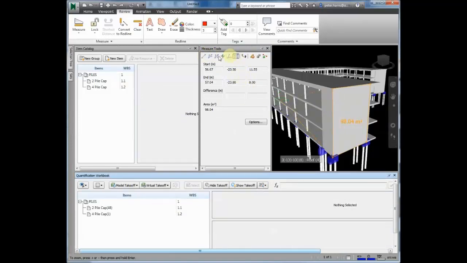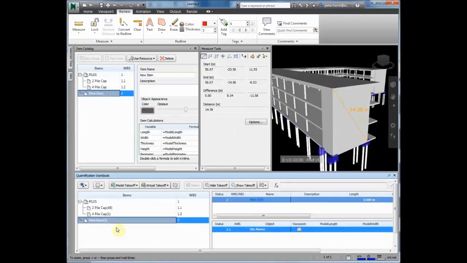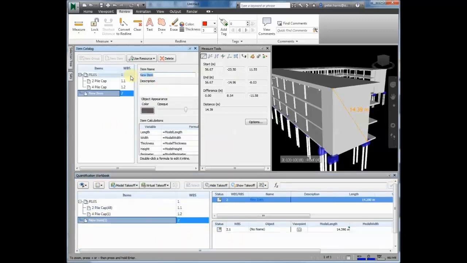Obviously, in addition, besides area for this sample, we're just going to measure some lengths to use for later use. I select, say, two opposite corners and highlighting the 14.39 and copy. Down in the quantification workbook, right clicking, new virtual takeoff, and down under model length at any stage, right click and paste. So repeating this process again is just a manual way to create your quantities. Changing the item,